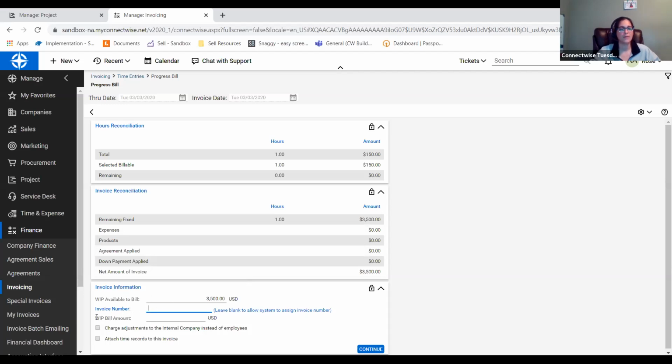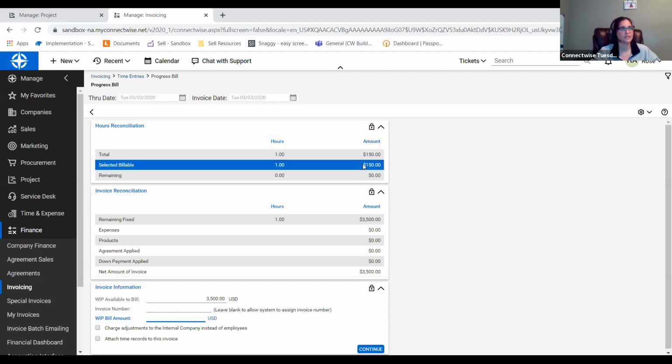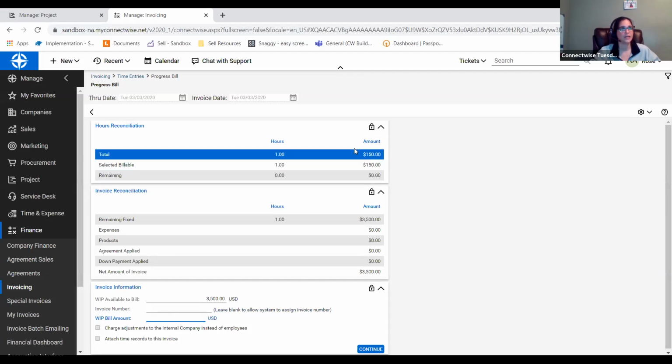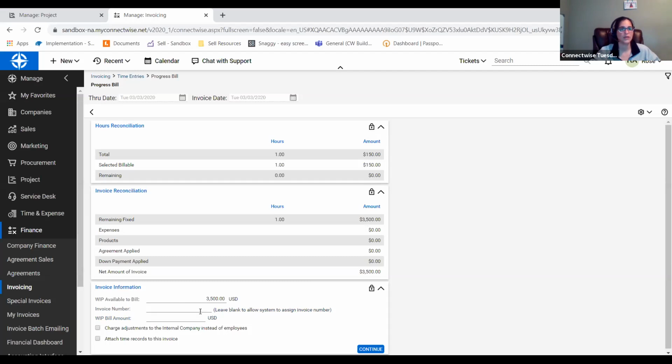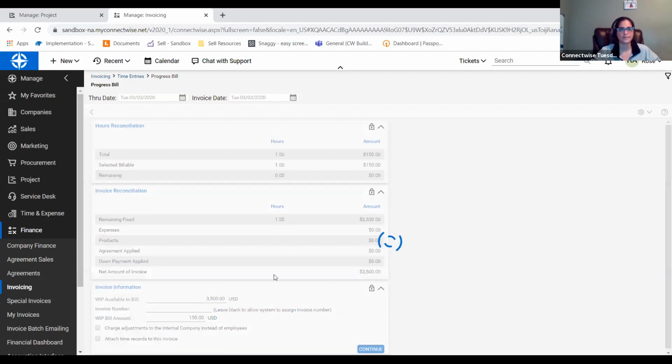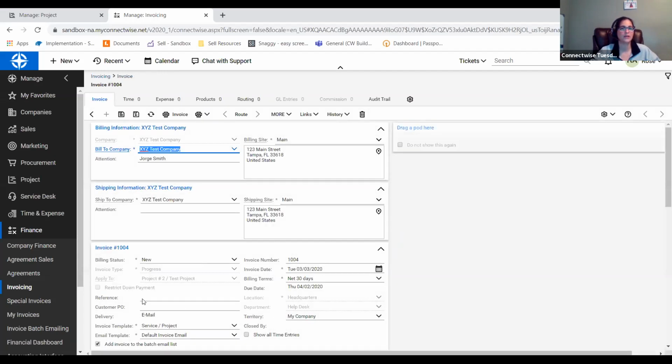So our work in progress bill amount is what it's looking for. And that's going to be determined off of this value here, okay? So we have here that we have $150 in work in progress. So I'm going to go ahead and put in this $150. I will then hit the continue button, and this will create our invoice as a progress invoice. So if I click the print button here,